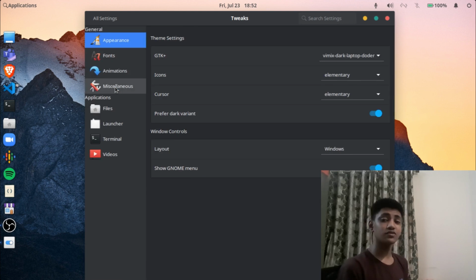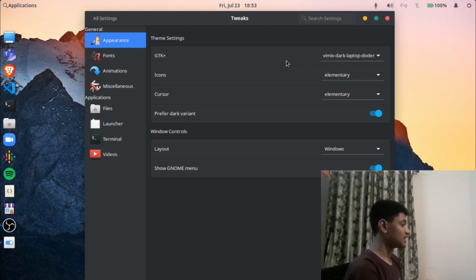So it allows you to turn on dark mode wherever it is supported. Now Elementary 5.1, which I'm running currently, does not have support for dark mode by default, but Elementary OS 6, which is rumored to be coming out soon, will have support for that. So I'm waiting on that, and maybe once it's out I will make a video on that as well. So for now, the only way to enable a dark mode is through the Elementary Tweaks tool.